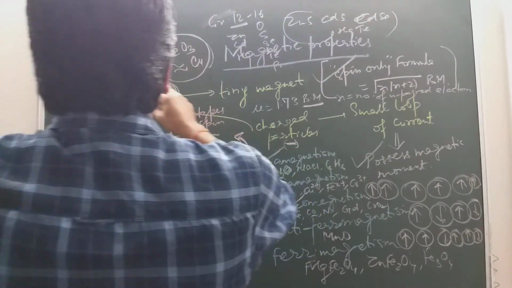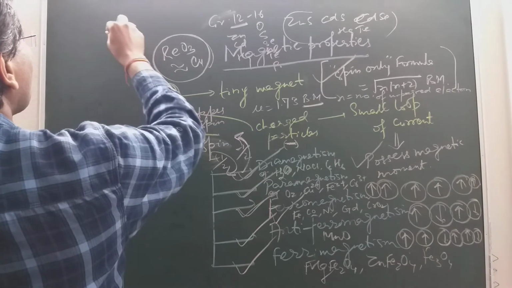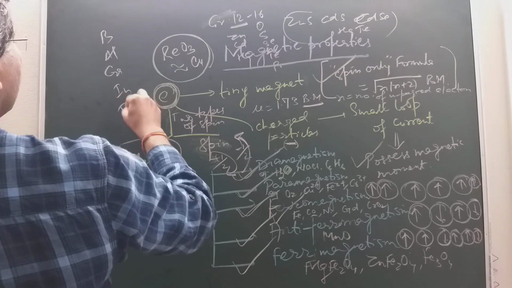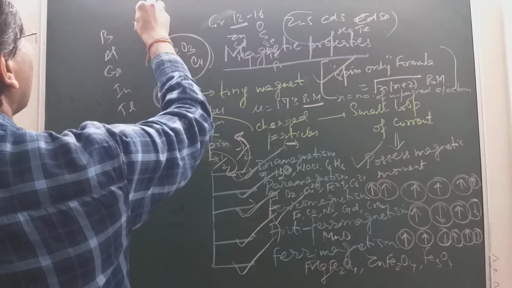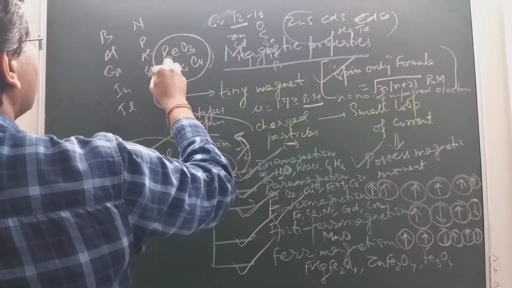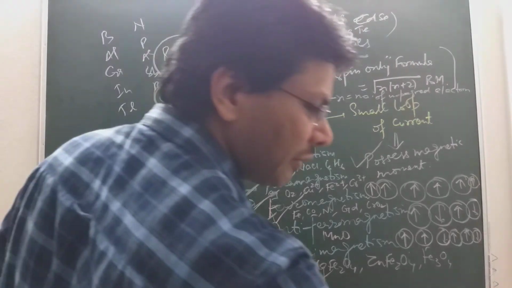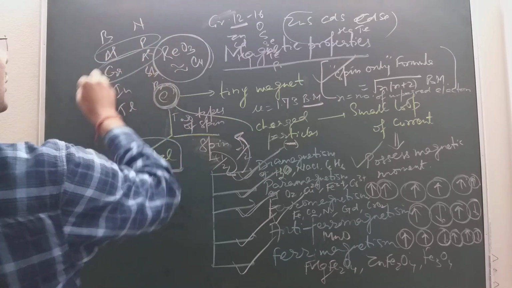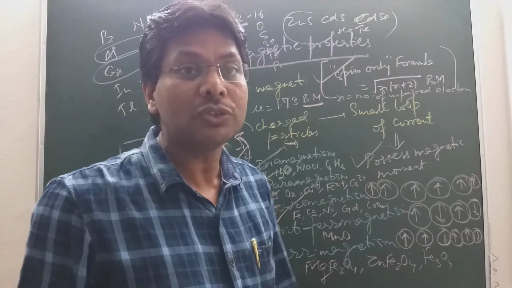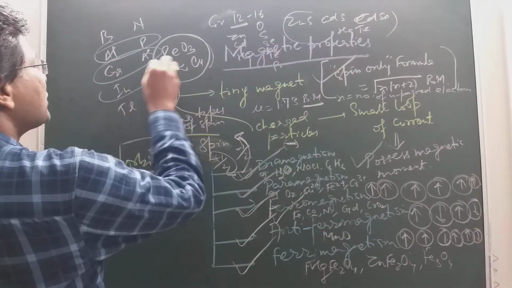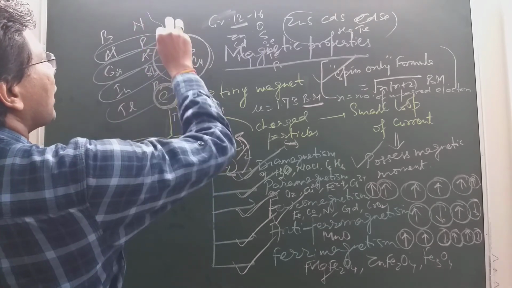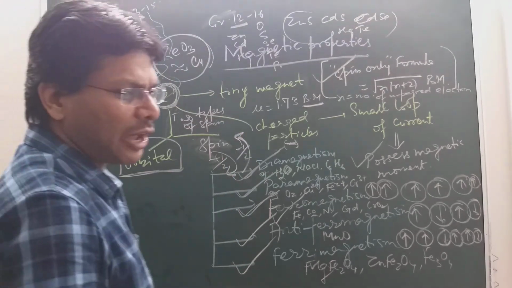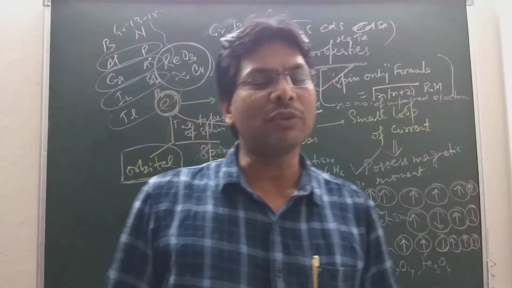If you want to see group 13, 15 compounds, group 13 is B, Al, Ga, In, Tl, and group 15 is N, P, As, Sb, Bi. So you can easily figure out aluminum phosphide, gallium arsenide. Gallium arsenide has created a revolution in the semiconductor industry. Indium antimonide. So these are the compounds of group 13, 15. Some diodes and transistors are there, that you have to keep in mind.